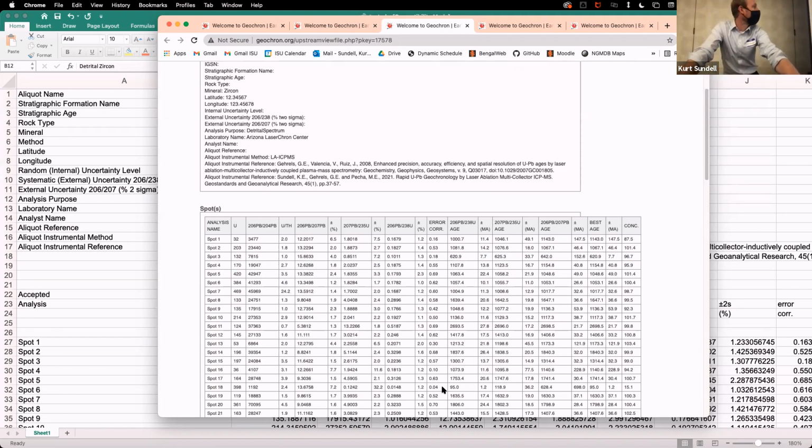Most of what's uploaded to geochron.org is exactly the same as what you would find in a data table. If somebody has published out of our lab, this is exactly what they have published. This is the data table that goes in, you could say,